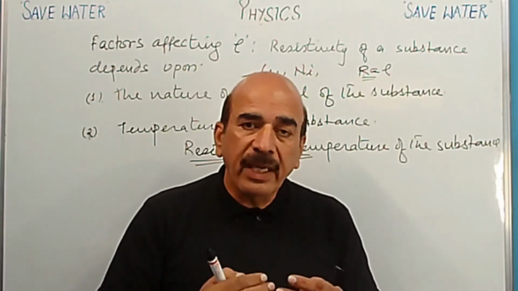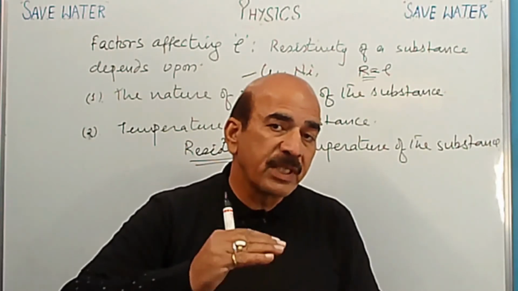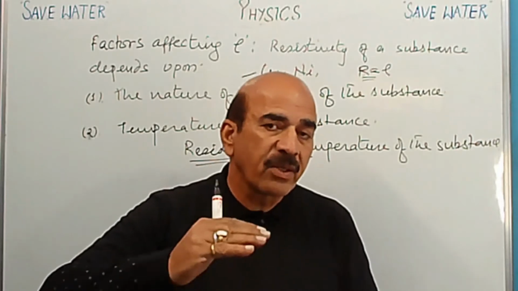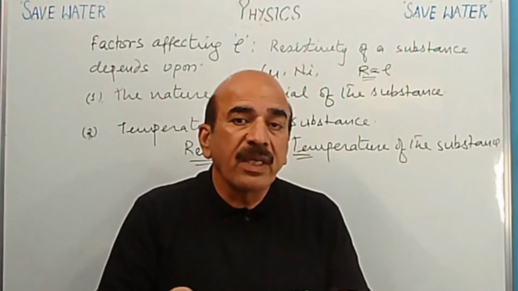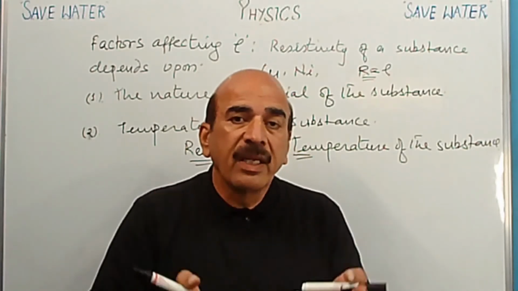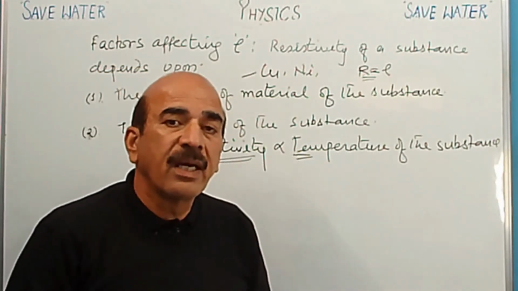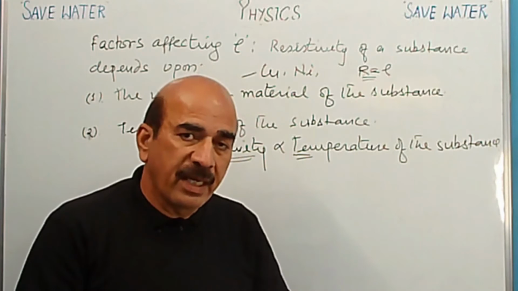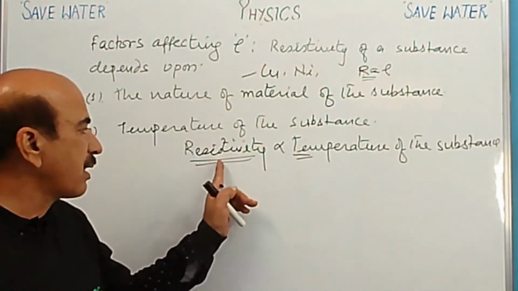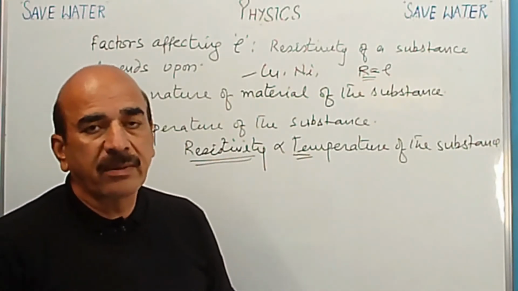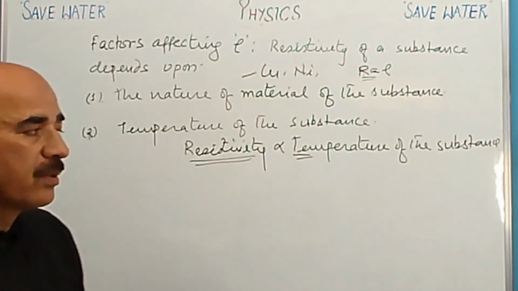Okay. So what happens in nichrome wire? When temperature increases, when it heats up, heat increases gradually, because temperature increases, it is becoming hot and hotter. Then its resistivity increases, so therefore more heat is produced when we use nichrome wire in electric heaters. So resistivity decreases with decrease in temperature and increases with increase in temperature. Okay. So note down.